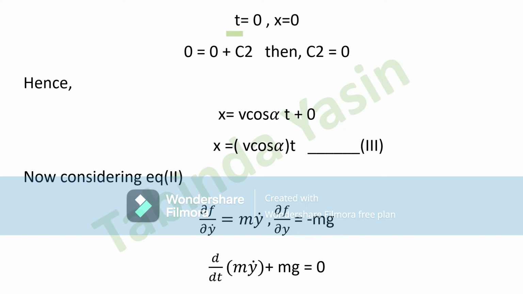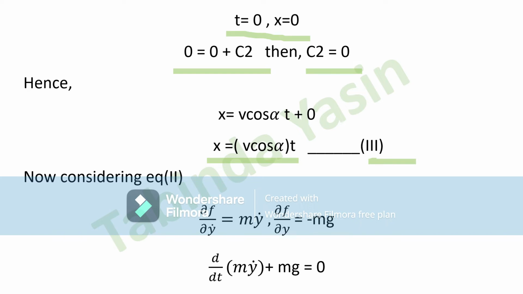Now t is equal to 0 gives x is equal to 0, so substituting that value, we get 0 is equal to 0 plus c2, then c2 is equal to 0. Substituting in the previous equation, x is equal to v cos alpha t plus 0, and x is equal to v cos alpha t, that gives equation number 3. Now considering equation number 2, partial f over partial y dot is equal to my dot,